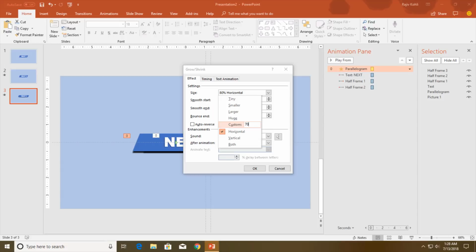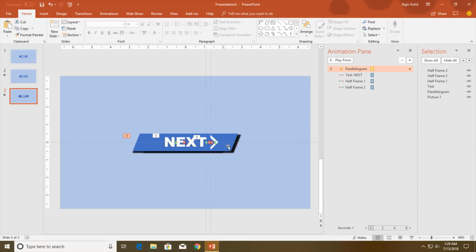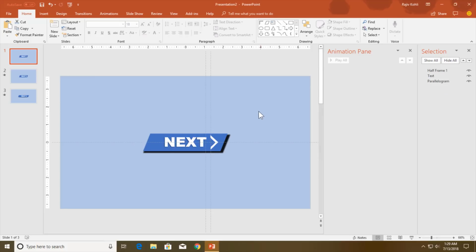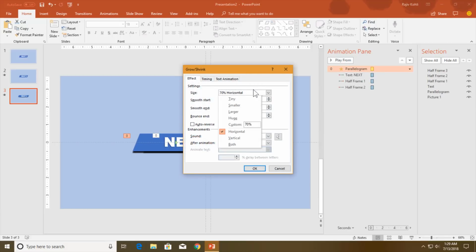As I am shrinking more to 70%, and if I see the slideshow, as you can see the background picture here, you were not seeing this picture before when the grow shrink setting was set to 80%. So that was nearly matching with the exact size of the first one.